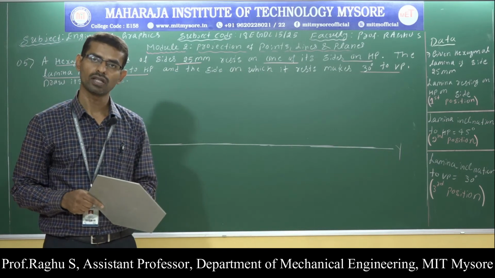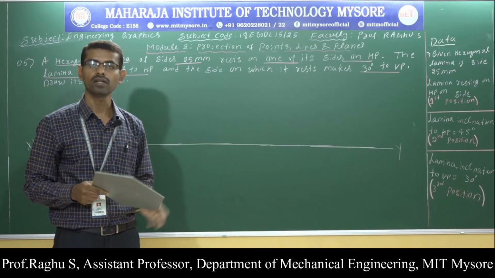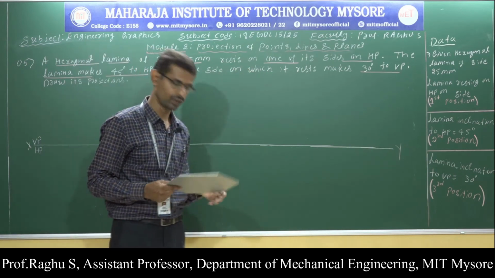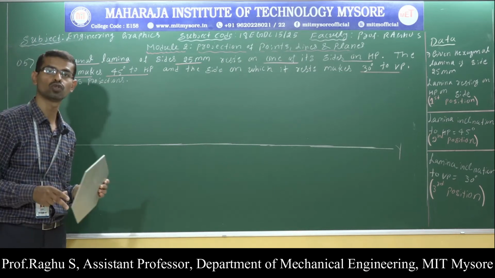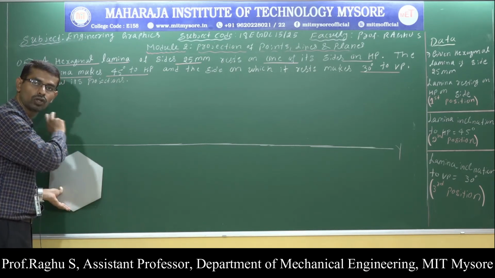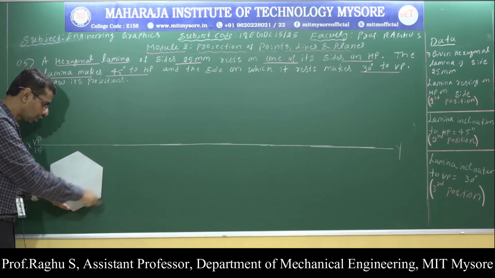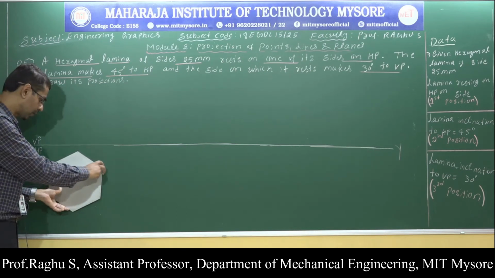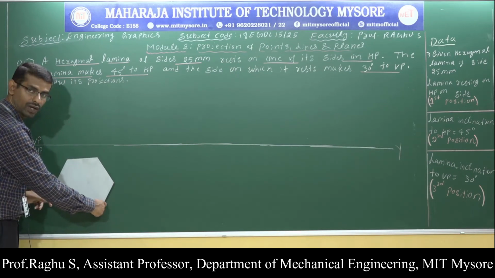Okay, where should I start the drawing? I should start the drawing from the top view, because the lamina is resting on HP. Therefore, first place the lamina on HP. On the HP plane, I am going to get the true shape. So first place the lamina in resting condition. Resting condition means you ignore all inclination. So since the lamina is resting on HP, first place the lamina on the horizontal plane. Now draw the top view. Suppose if you place the lamina like this, it will become corner condition. Towards your left side we have a corner.